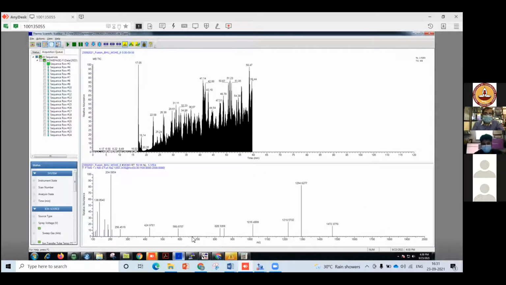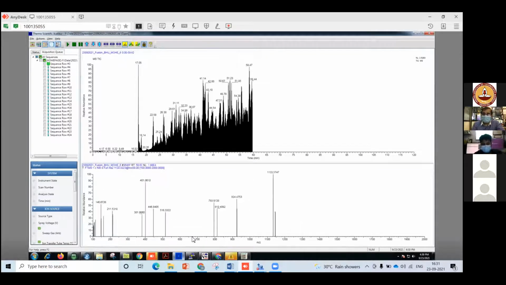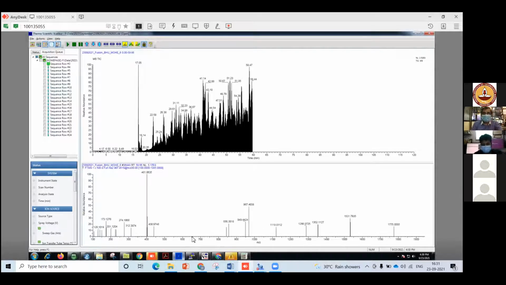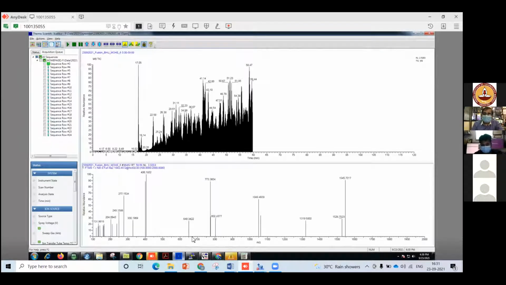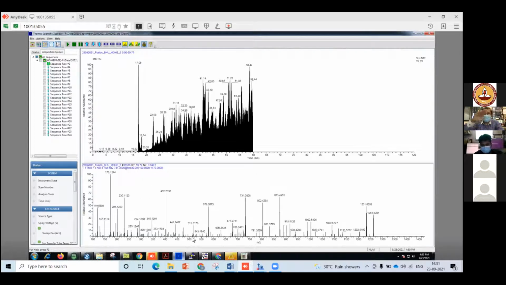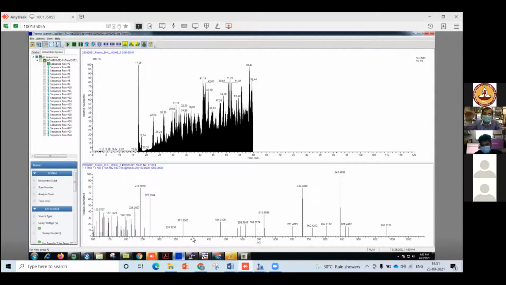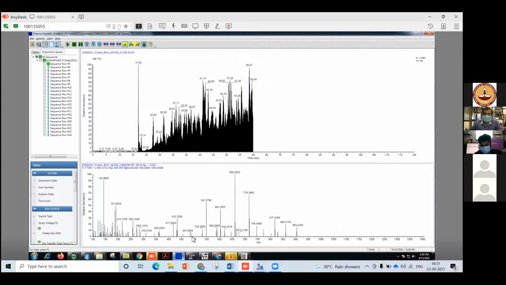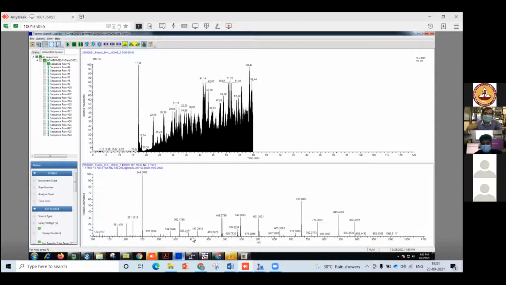Now, what you are seeing on the screen right now is actually a live run, which we are running for another sample where data is being acquired. You can see almost 60 minutes. We can see now the peptides are showing good binding and going to reach saturation. Then slowly it is going to come back, and you have to elute out all the peptides.